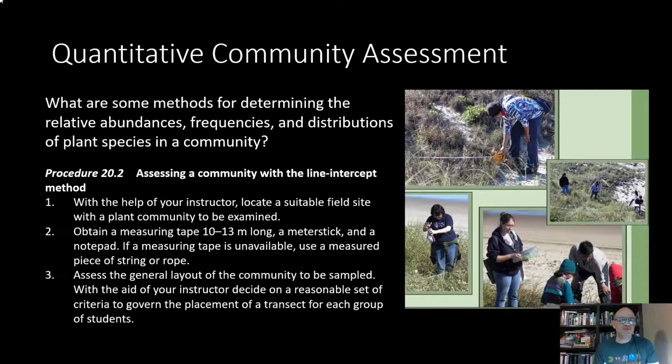So in this lab exercise, we're going to learn a method for quantifying a plant community. The background covers some methods for determining the quantitative description of the plant community, which includes how many plants there are and how they're distributed in that habitat. And so the procedure, which is 20.2, tells you that your instructor is going to help you locate a suitable area to do this